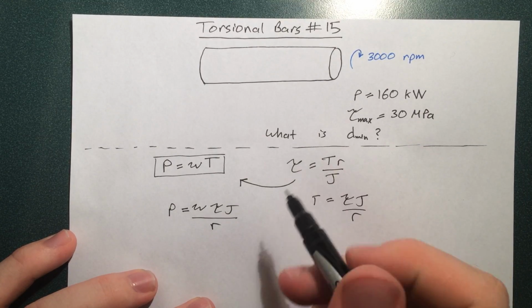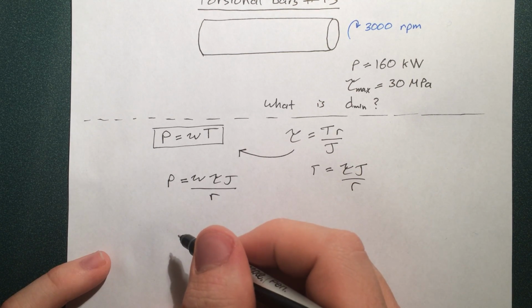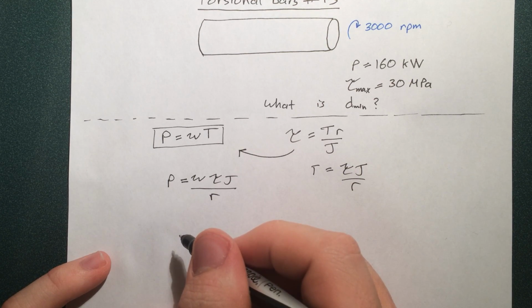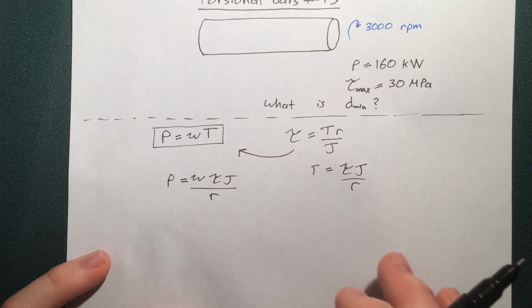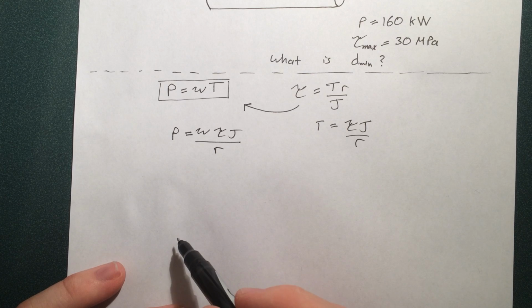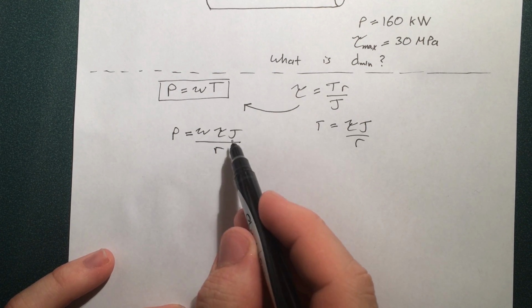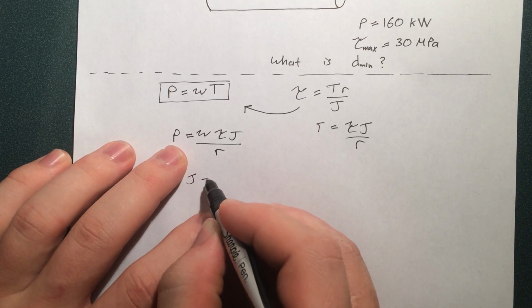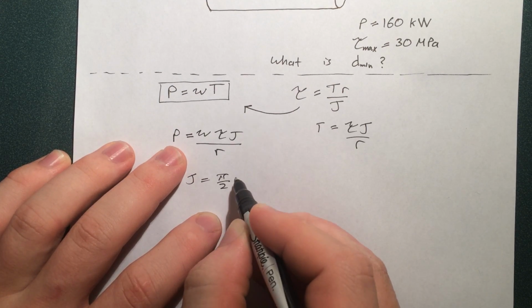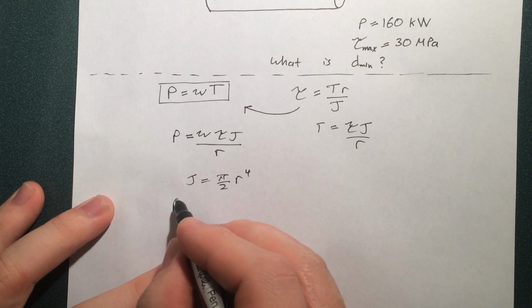We need diameter minimum, so let's just plug this in, in terms of the diameter. Actually, let's not. Let's keep everything in terms of radius. At the end, we'll just get an answer in radius, and we'll just times it by 2 to get diameter. So J in the radius form is pi over 2 radius to the 4. So plug that into there, you get